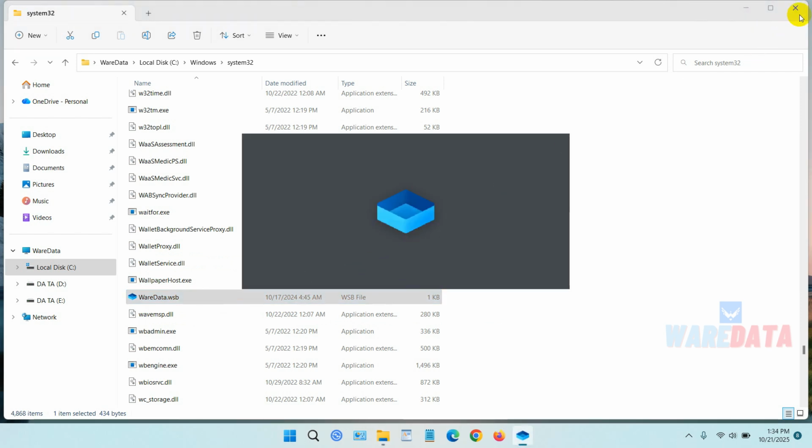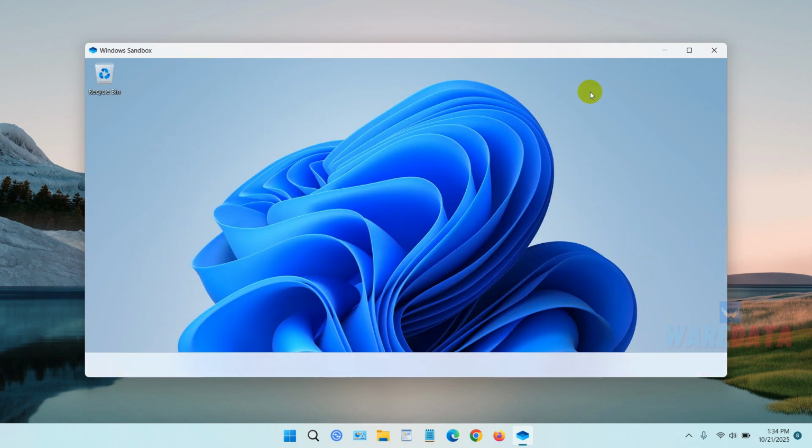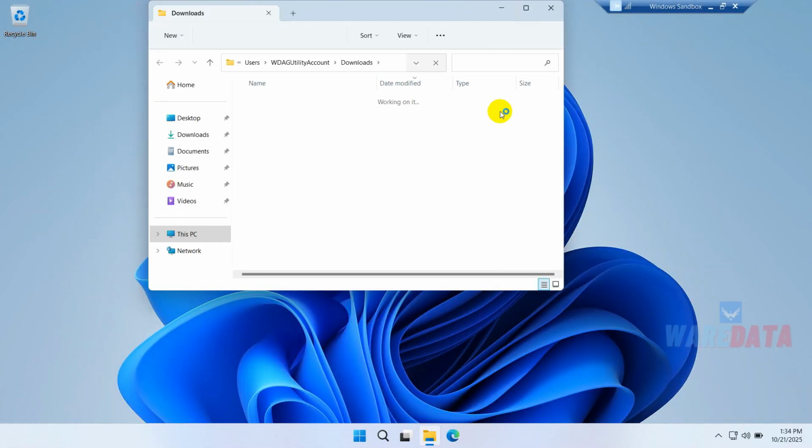Okay, now .wsb files can open smoothly after we enable the Windows Sandbox feature in Control Panel. Okay, that's all for this tutorial on how to fix a problem in Windows 11 cannot open